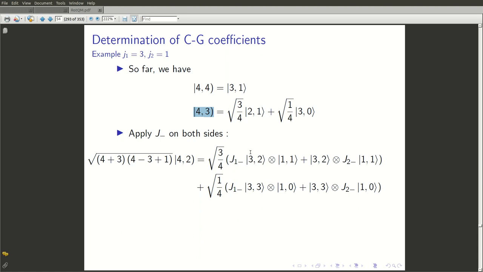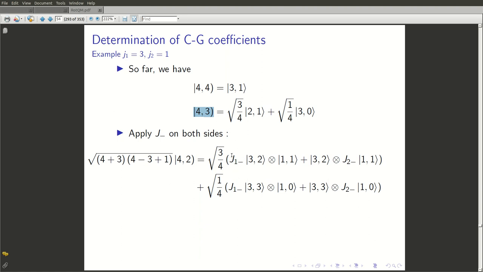2 1, remember, is actually 3 1 semicolon 2 1, which actually is the state 3 2 direct product with 1 1. Listening to me may be not very convincing right now. It's much better if you wrote it down and did it yourself. But all I want you to realize is that when you apply